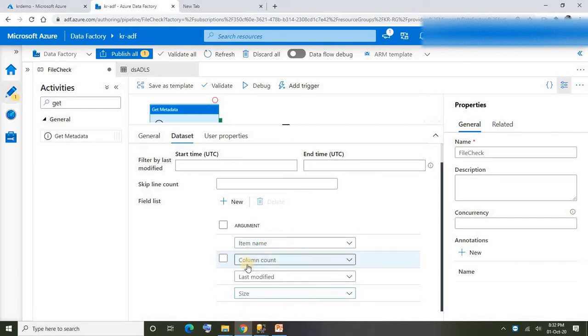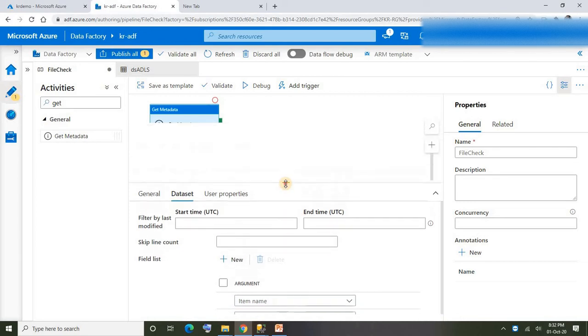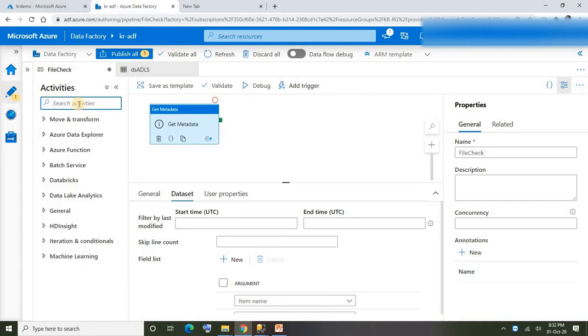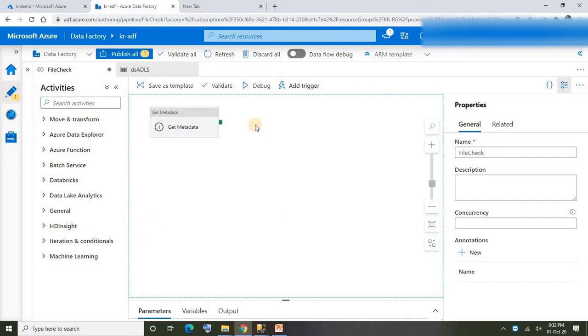I'm gonna pick item name, column count, last modified, then size. These are the metadata details that we need to load into our audit table. So once this metadata activity pulls all metadata details, then those have to be loaded into the audit table, right? As I said, for loading the data into the audit table, I created a stored procedure. That stored procedure has to be executed here.